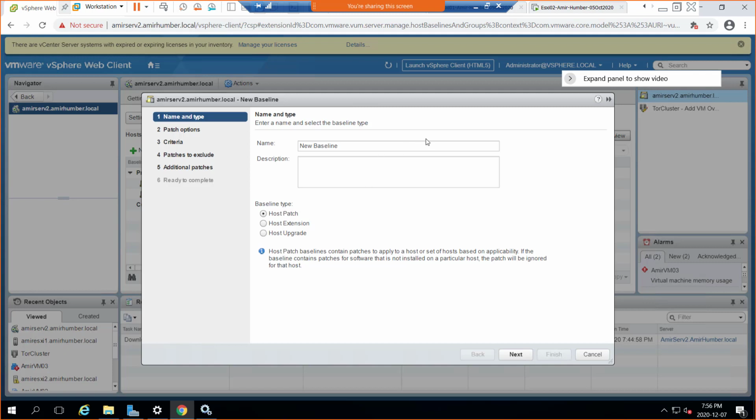A patch is, suppose we have a problem in our operating system or in our software. We report that problem to VMware: hey VMware, we have an issue with our vCenter. VMware sees that issue, gets the details, and creates a small piece of software that resolves that issue.